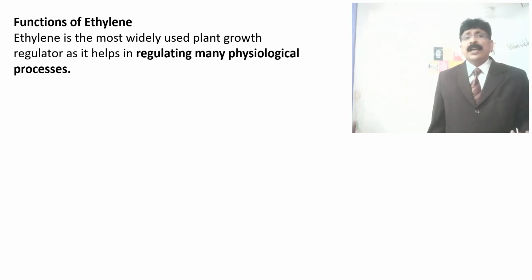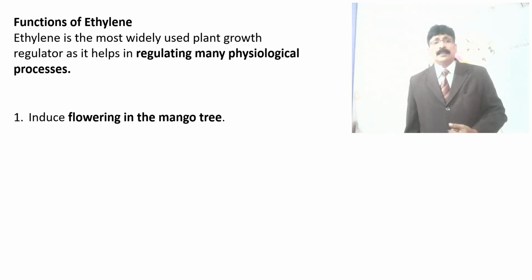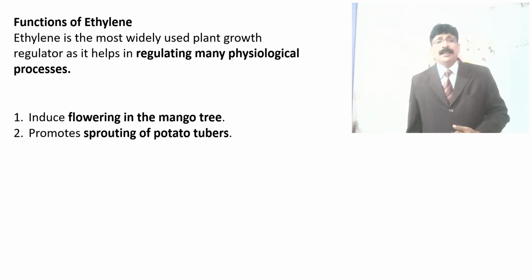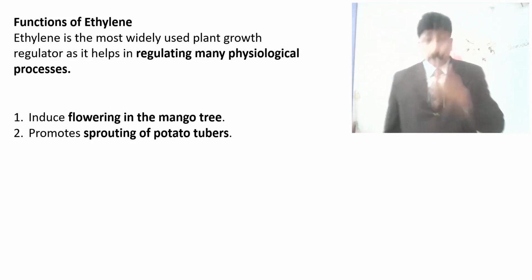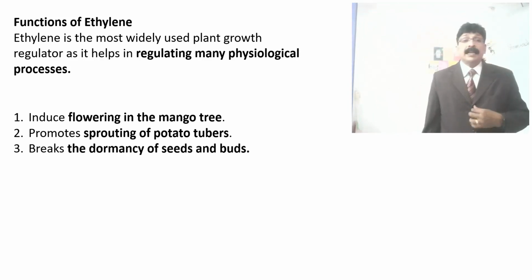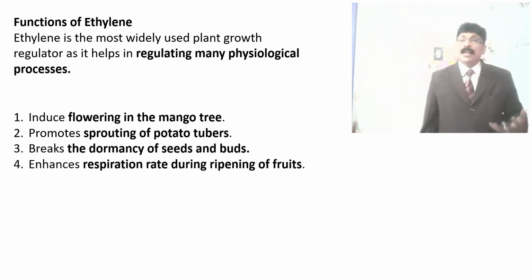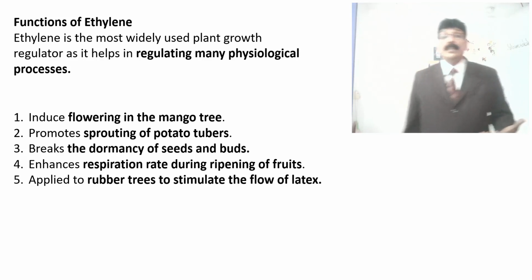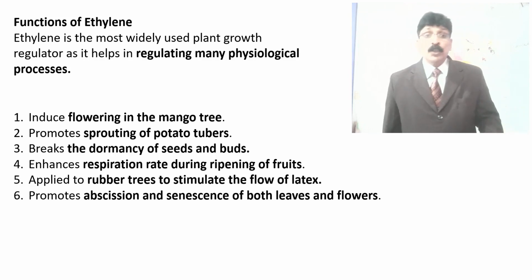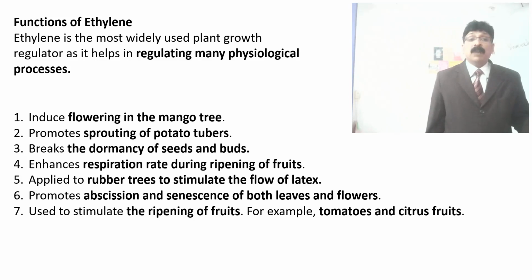Functions of ethylene. Ethylene is the most widely used plant growth regulator as it helps in regulating physiological processes, induces flowering in mango trees, promotes sprouting of potato tubers, breaks the dormancy of seed and bud, enhances respiration rate during ripening of fruits, is applied to rubber trees to stimulate the flow of latex, promotes abscission and senescence of both leaves and flowers, used to stimulate